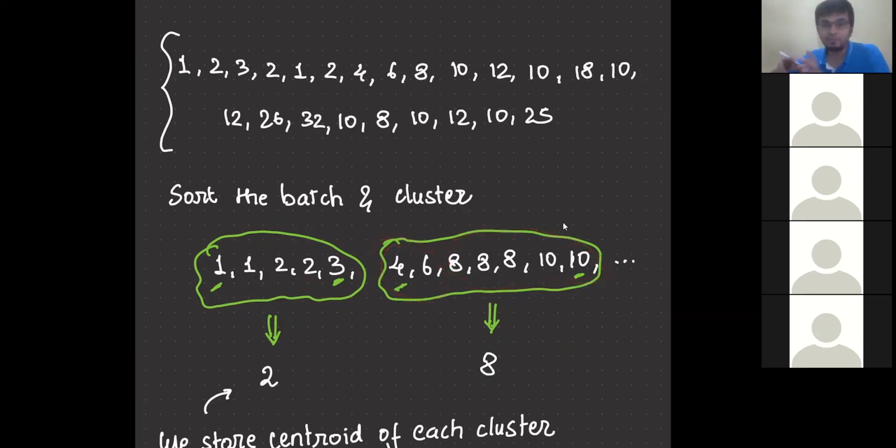So this was a very fixed rule which I can apply, where the difference between the lowest value and the highest value of my cluster can be at max 2. When I define it this way, if I take the median of the values, it would be a very accurate representation of this cluster. So let's say I have 1, 1, 2, 2, 3. The median value is 2, and there are 1, 2, 3, 4, 5 entries in it. So the representation of my cluster would be 2, 5. 2 is the median value, 5 is the total number of points.